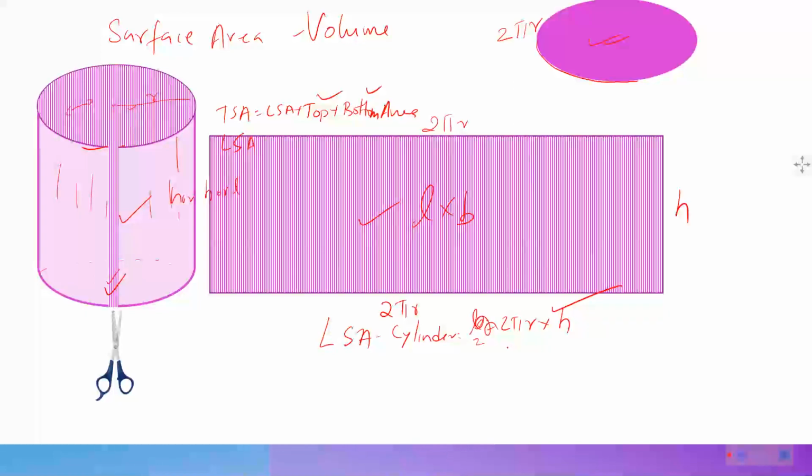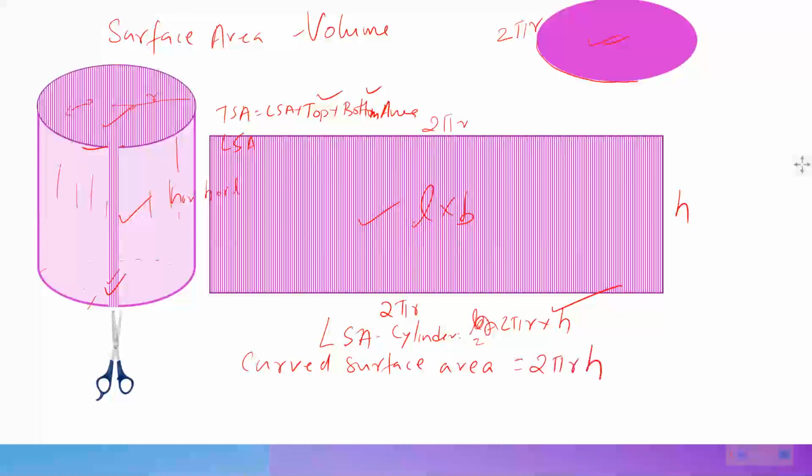2 pi r into h, which will be the lateral or curved surface area. I'm talking about surface area only. Volume we will tell later. If you ask me about total surface area, then I have to add the area of top and bottom. So lateral surface area can be calculated by 2 pi r h. If you ask me total surface area, then it is equal to curved surface area plus 2 times pi r square,